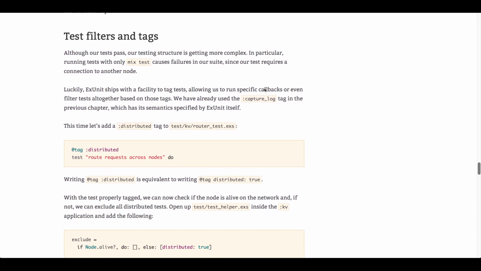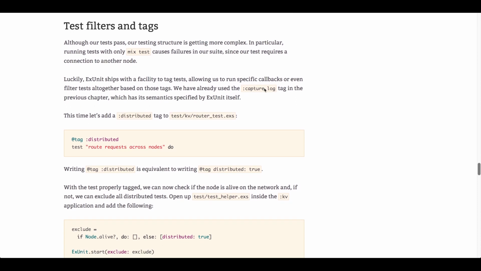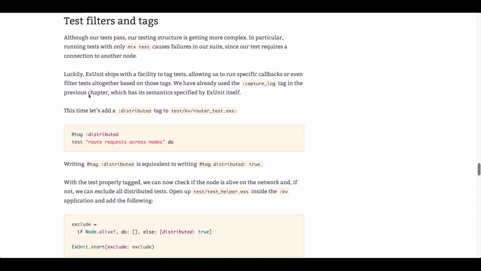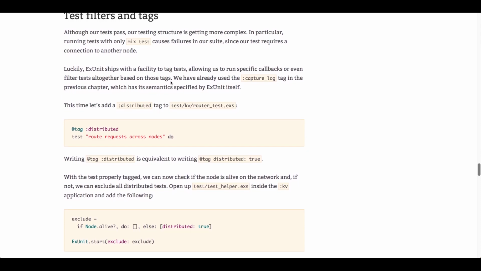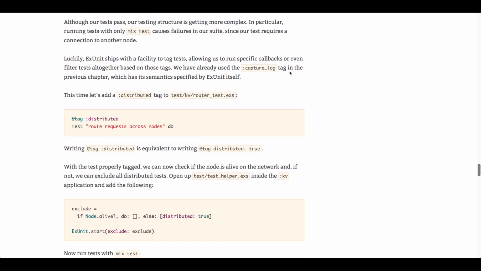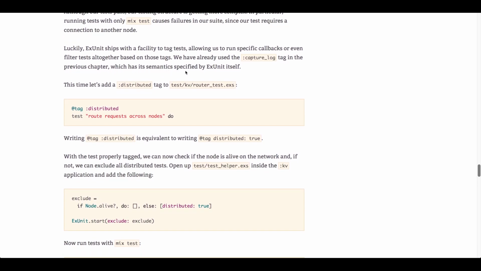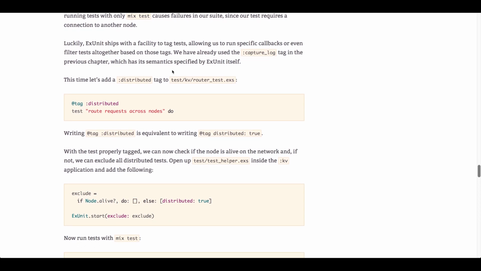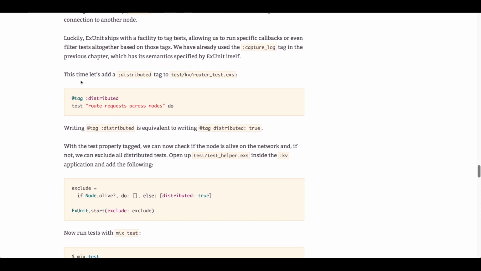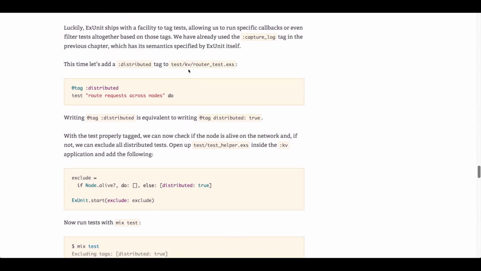Luckily, ExUnit ships with a facility to tag tests, allowing us to run specific callbacks or even filter tests altogether based on those tags. We have already used the capture_log tag in the previous chapter, which has its semantics specified by ExUnit itself. This time, let's add a distributed tag to